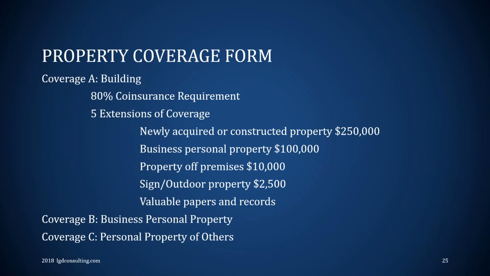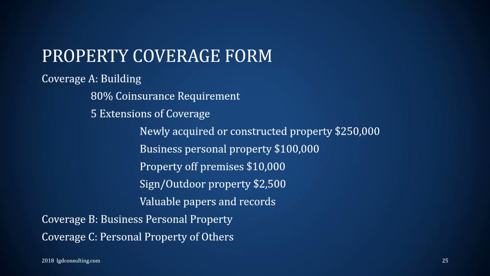Now remember, this is more associated with the building. All right, the stuff in the building that's coverage B is business personal property. And then you have coverage C, which is personal property of others. So let's say you have a veterinary hospital, and you have other people's pets that stay with you overnight while you're taking care of them. And lo and behold, there's a fire that destroys the building, including your customers' pets. All right. We're going to replace those pets on an actual cash value basis. So remember, because I said commercial property coverage, we pay actual cash value on everything, the building, contents, and personal property of others.